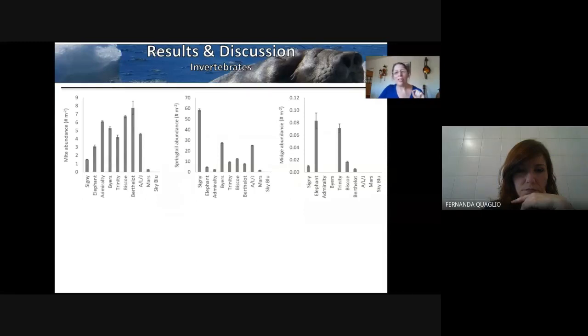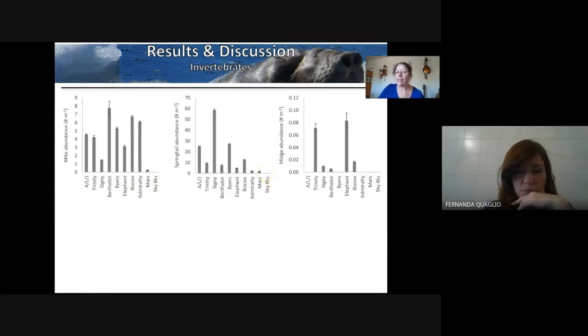Invertebrates, however, responded differently. Here's what's important for invertebrates. Again, abundance did not vary linearly with latitude for any of the taxa. Interestingly, those site differences also did not correspond to habitat severity the way microbial communities did. So when we rearrange the sites according to least to most severe, we don't tend to see strong relationships. Springtails are really the only taxa that somewhat closely align with that habitat severity gradient, but there's of course a lot of sites that are exceptions to that.